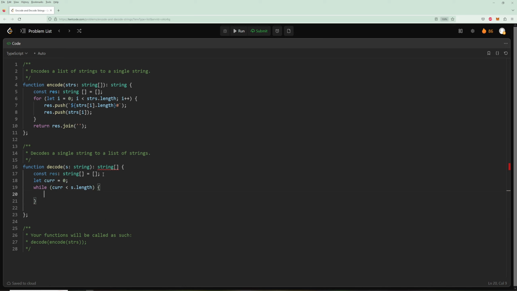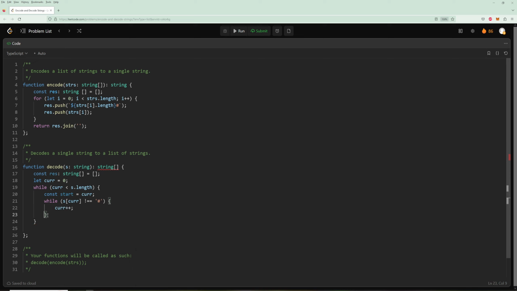then we're going to have a start that's going to be cur. So const start equals cur, which is going to be the start of the word or the start of the length or whatever we're using, right? So first, what we need to do is remember our string is length pound word. So we need to keep incrementing cur until we hit a pound sign. So we could say while s[cur] does not equal pound sign, let's just increment cur,